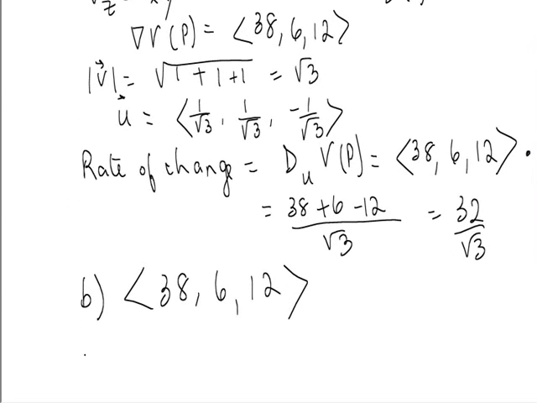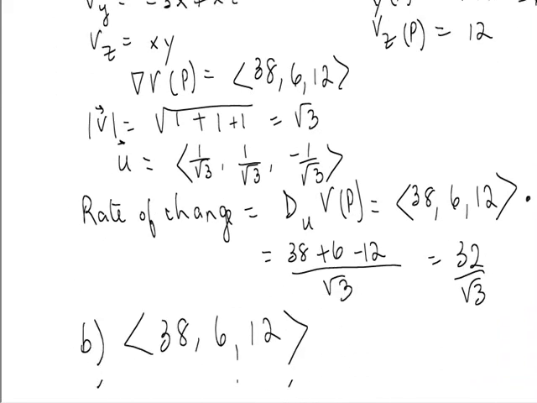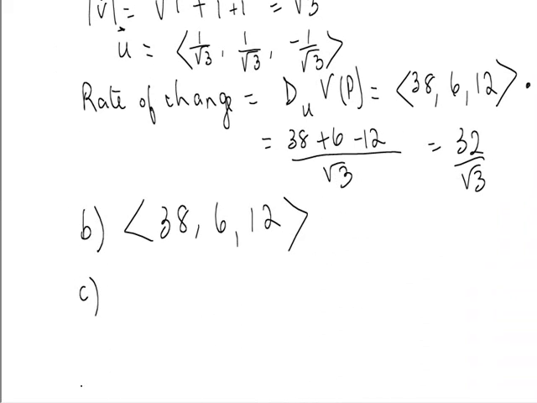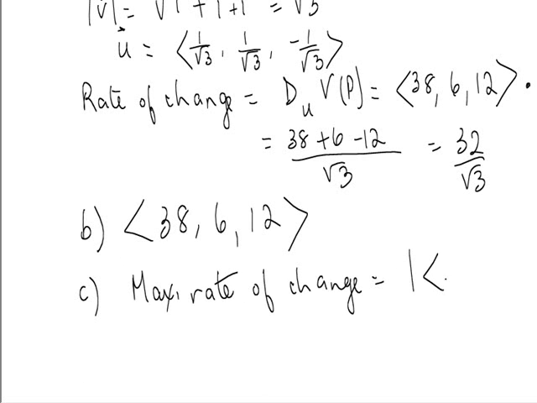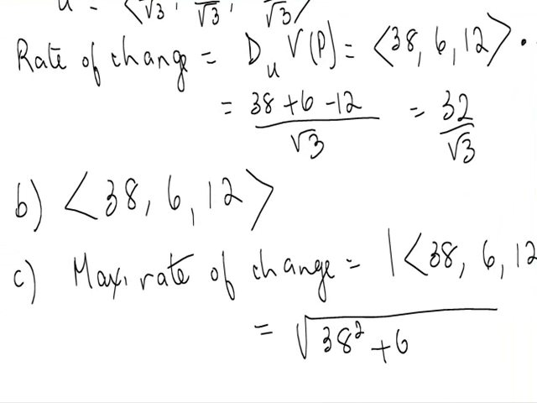Finally, what is C? The maximum rate of change at P. So we just did that. The maximum rate of change is the length of the gradient. The maximum rate of change is the length of 38, 6, 12, which is the square root of 38 squared plus 6 squared plus 12 squared,